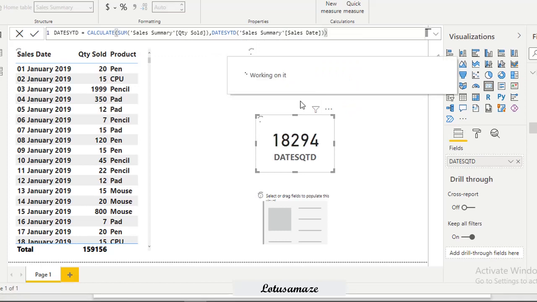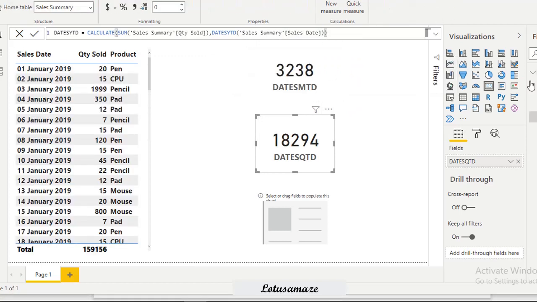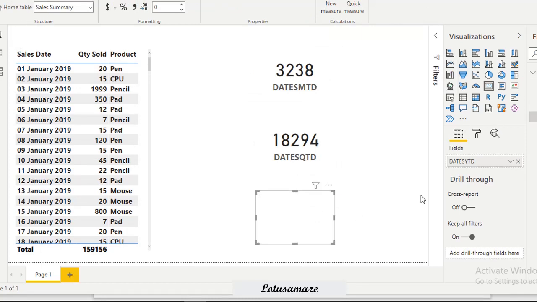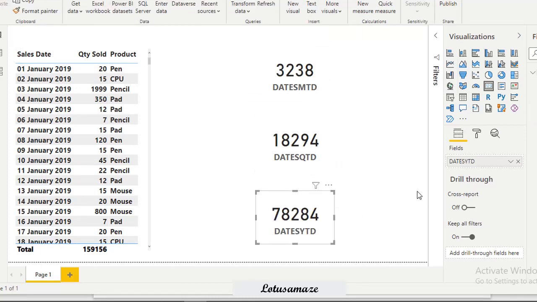Execute. The measure is created, drag and drop YTD. So these are the three figures: DATESMTD, DATESQTD and DATESYTD. How these figures have been calculated, we will verify on the Excel sheet.